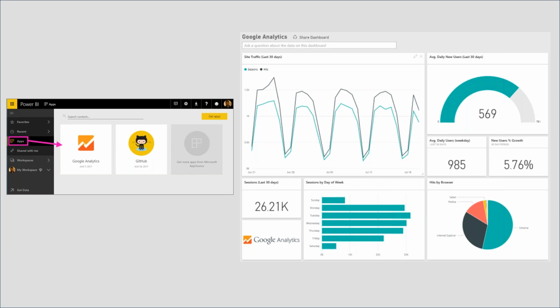A lot of times when we're talking with folks, we're seeing a shift from the core blocking and tackling of making a lot of the technical connections to folks really moving up into more of an analyst role. And I think Power BI fits very, very well in supporting that motion, where people are driving towards being enablers of the business and ultimately helping with business decision making. And a little bit of a teaser up there, we've got the "ask a question about the data on this dashboard." We'll talk about the Power BI Q&A functionality in a bit.